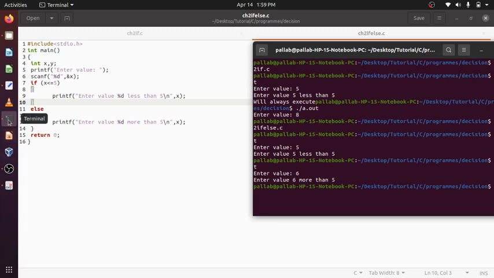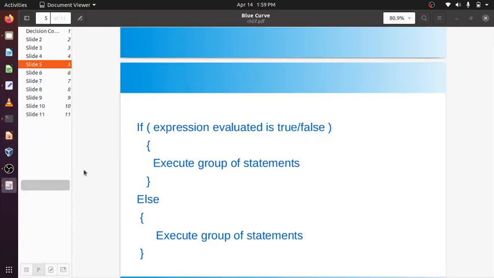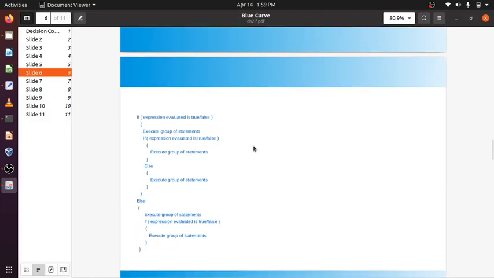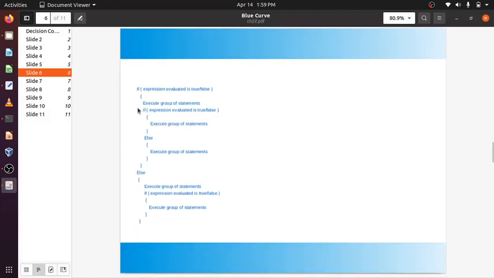Okay, this is nested if else. Within an if, another if, then within this if you can have another if. So within the first if, here I have another if, and with this if I have an else also.